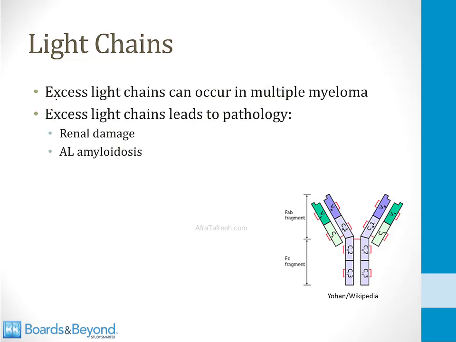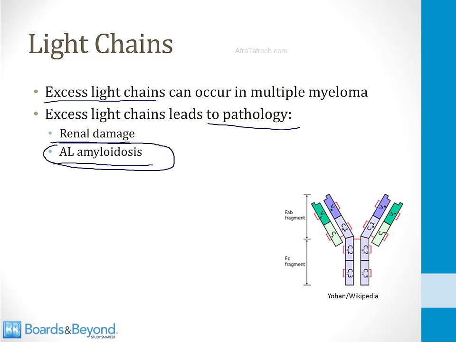In many cases of multiple myeloma, excess light chains are produced by the malignant plasma cells. And when excess light chains are produced in multiple myeloma, this leads to special pathology that's part of the disorder. First of all, the excess light chains can cause renal damage, and we'll talk more about that later on in this module. But excess light chains are toxic to the kidneys. In addition, excess light chains can cause a particular form of amyloidosis called AL amyloidosis. I discuss this in more detail in the module on amyloid disorders, but for our purposes here, you should just know that in cases of multiple myeloma where excess light chains are produced, those light chains can deposit in tissue